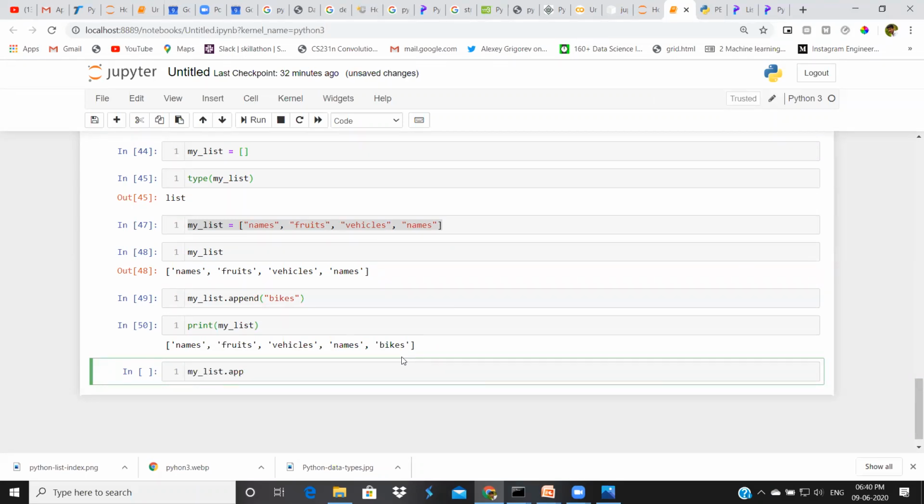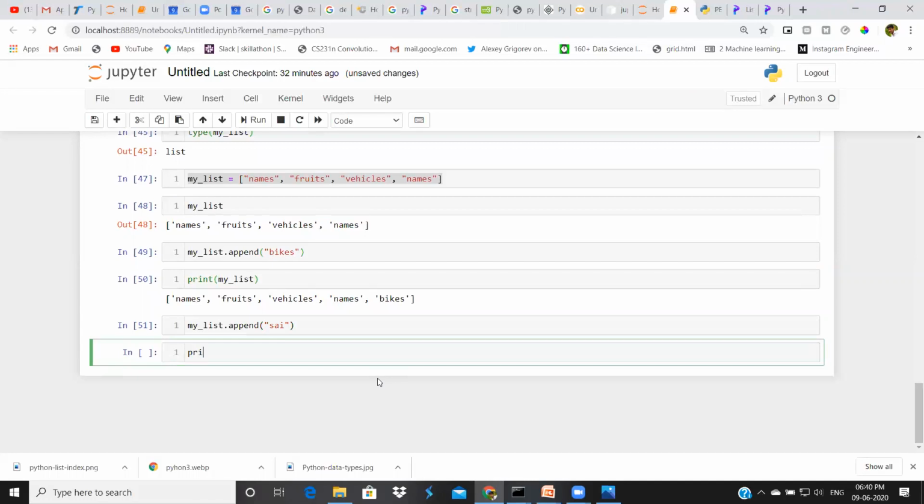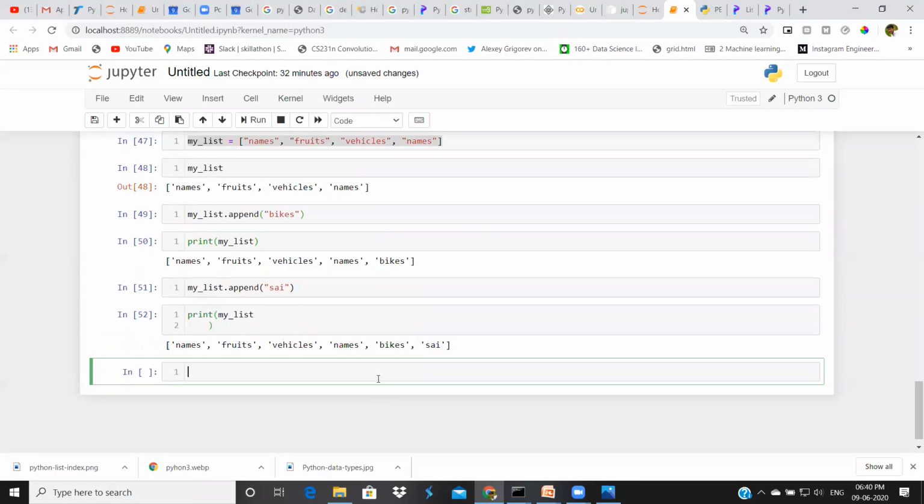My list dot append. Append is a method which we will use on a list. Inside this method, we will pass directly any item which we want to add to that list. For suppose I can add my name as well, like this.